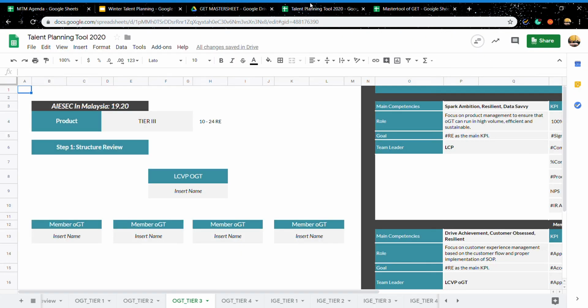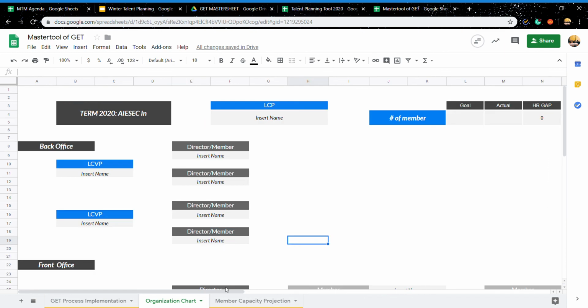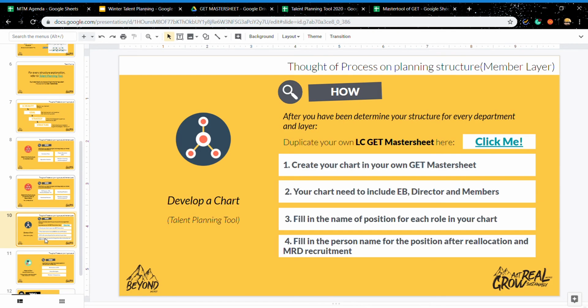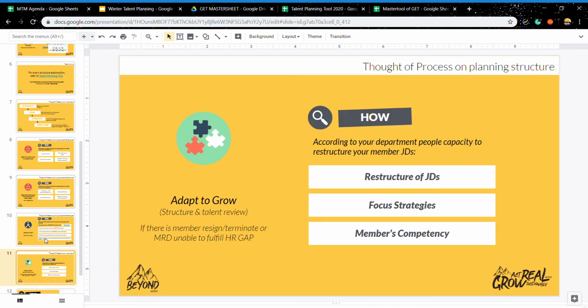Your master sheet of GET will be composed of each of your department structures as well. So it's very simple for you to refer to and to discuss with your EB as well. So this is the thing, you need to develop a chart. After that it will adapt to growth, but at this stage it is mainly after you are done with your relocation